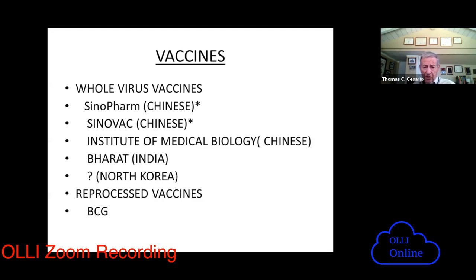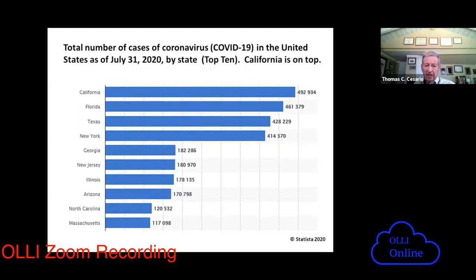So that's my story. So let's go and see how effective we are now. Next slide. So the next slide basically says, look, we have been working with this virus, trying to control it, but the fact of the matter is we still have a lot of people who are being infected. In the US, we have about 1/4 of all the known infections of this virus in the world. Most of those most recently have been in Florida, Texas, California, and previously in New York. Those were the hot spots.